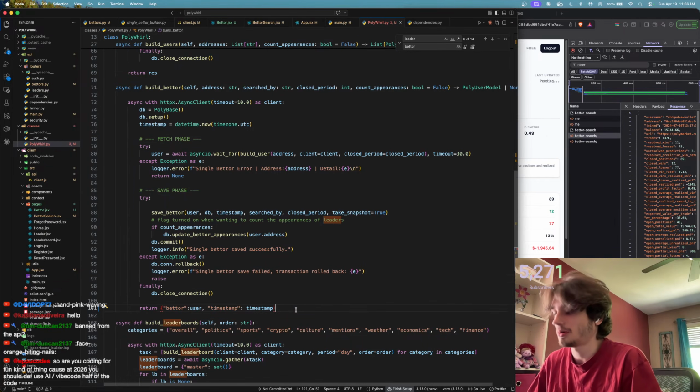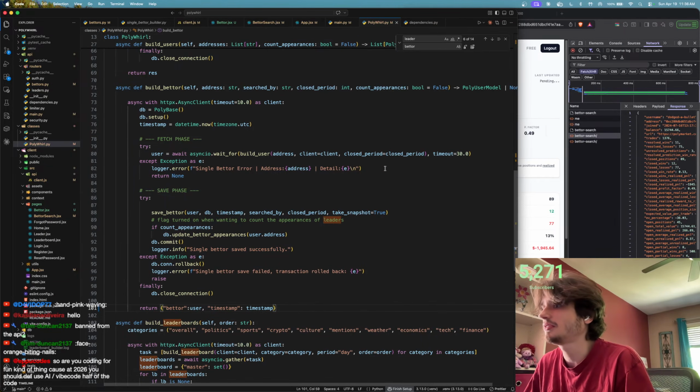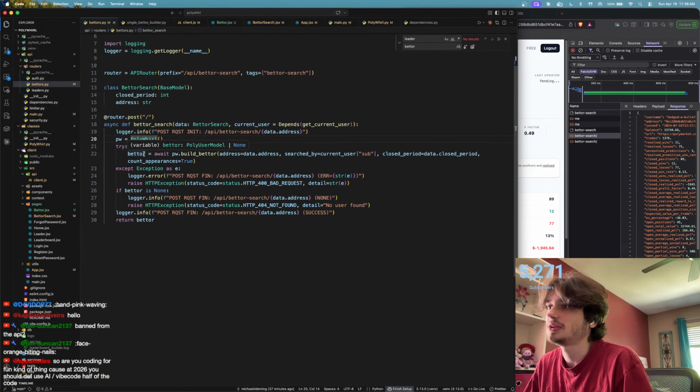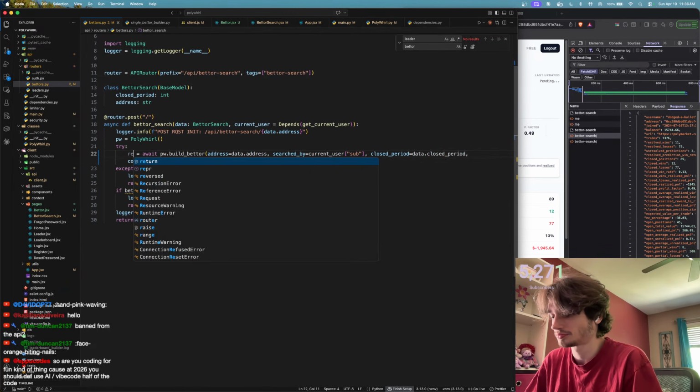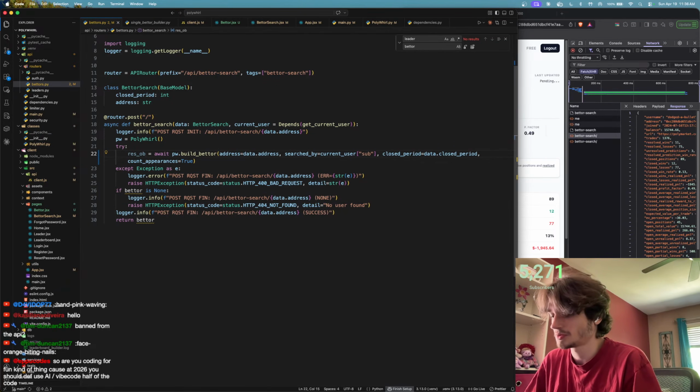So we'll send an object back to the front end, or to our API. Our API will receive the object, response object,